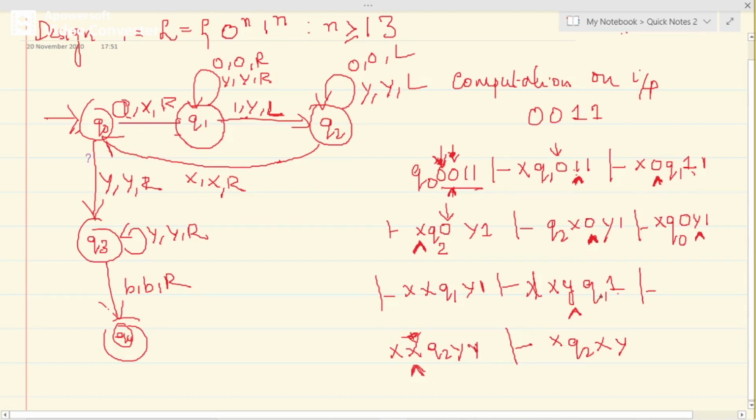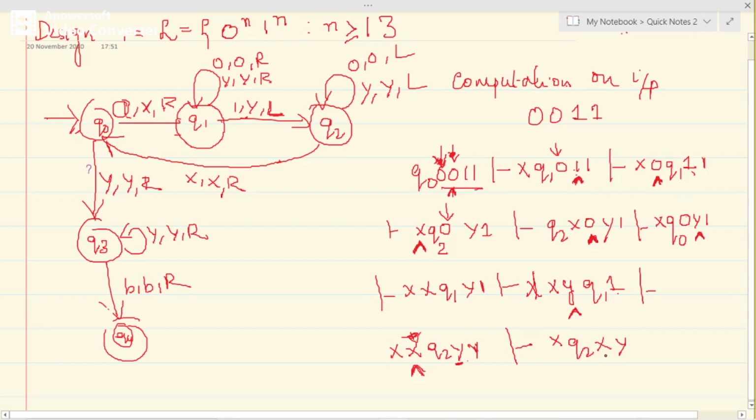Q2 on 1 goes to Y and taking a left move, so it has to come here. Okay, next X Q2 X Y.